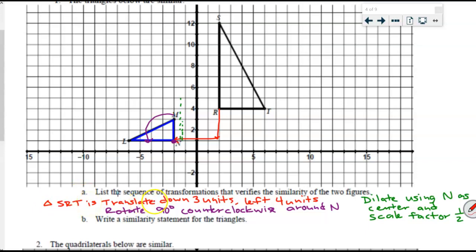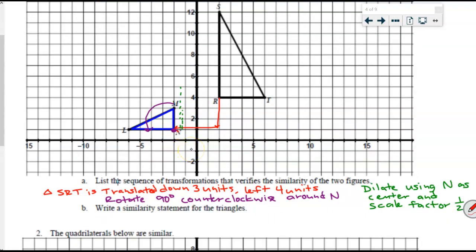is translated down. So I know that I'm starting here and making all these moves to this triangle to get it to line up here with triangle LNM. Write a similarity statement for these two triangles. So we would start by saying triangle SRT